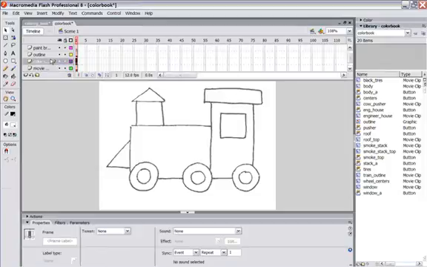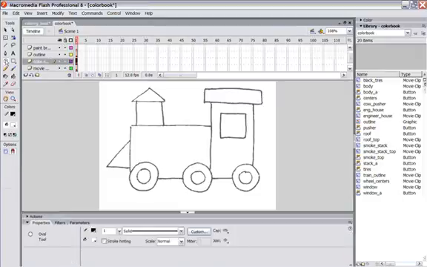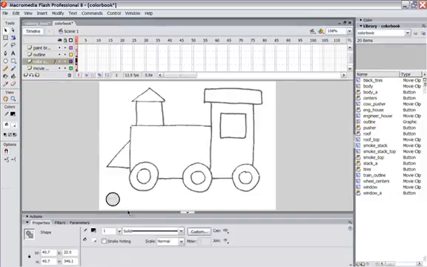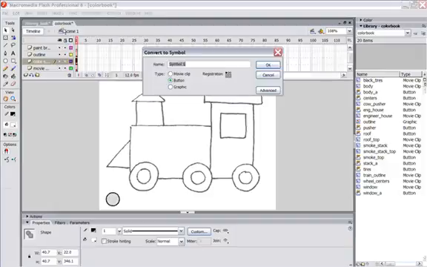So what I want you to do is click on the color swatch label, come over here, grab the oval tool, and we're going to make one circle. Don't worry about the stroke around there because it's not going to really matter. Now select this, and we're going to turn it into a button. So we'll go up to Modify, Convert to Symbol,